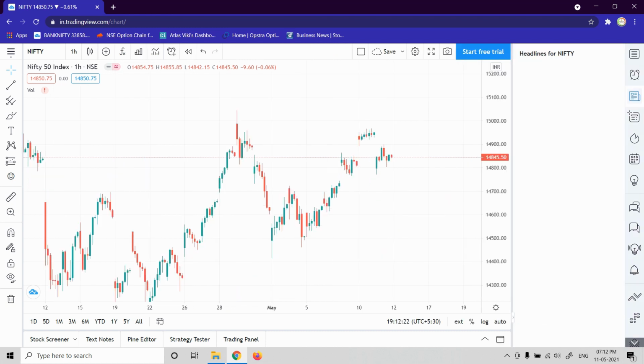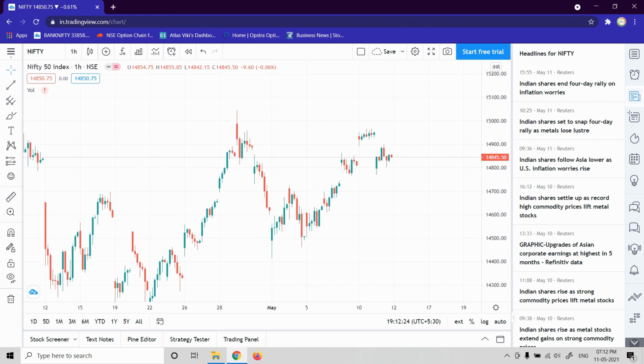So the third option is the news. Whatever script that you're loading, TradingView will fetch information relating to that. This will save a lot of your time if you are someone who gives importance to the news and wants to know what exactly happens in the market. You don't have to wait for someone else to tell you what is happening in the market, or go to multiple places to see it. So this is a very, very simple click of a button.